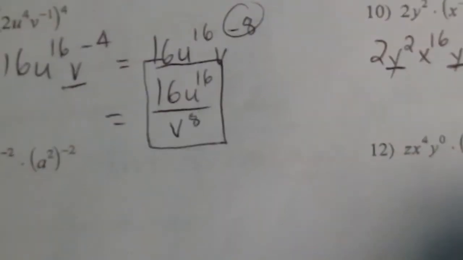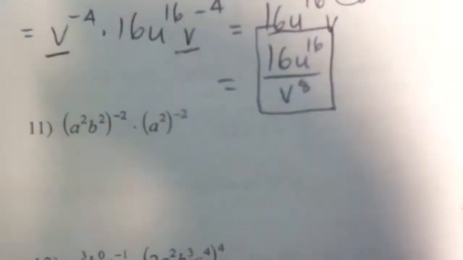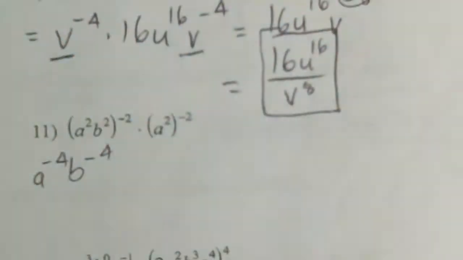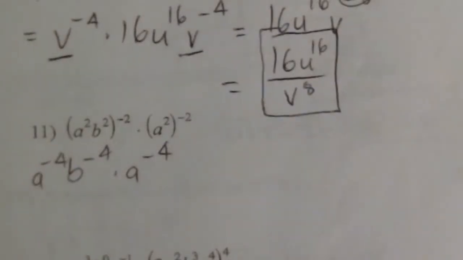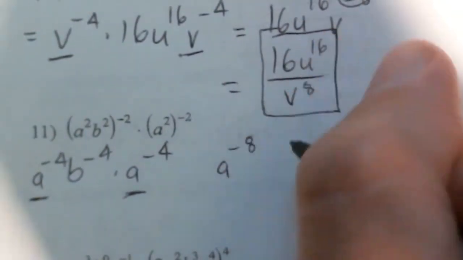Next. Okay, a squared, b squared to the negative 2, so when I multiply those, again, I don't have any coefficients, so in this case I'm probably not going to flip the whole thing. Let's just go a to the negative 4, b to the negative 4, and then we have over here, same thing, I've got a times a to the negative 4. Okay, well, I've got apples and apples. So when I add those together, that gives me a to the negative 8,